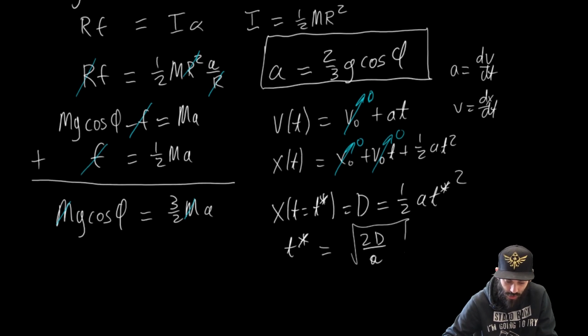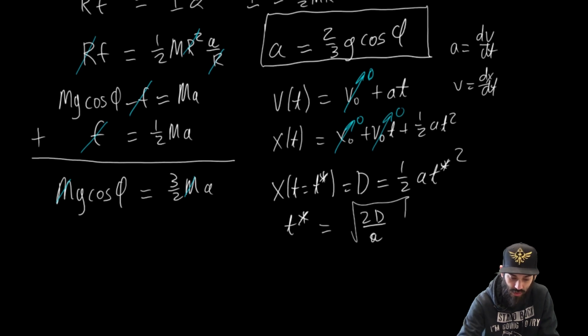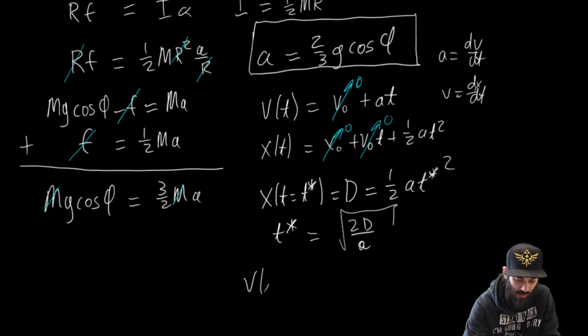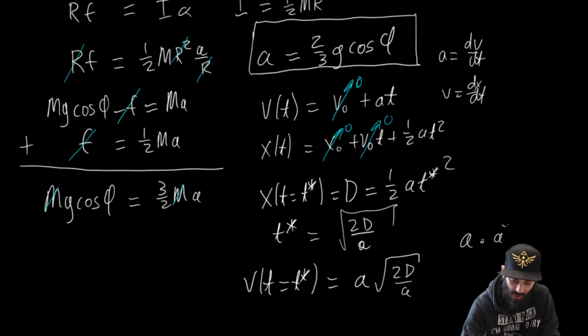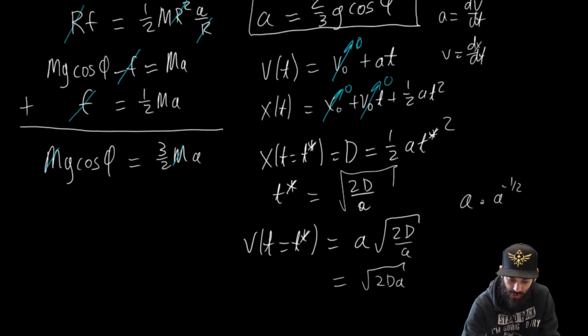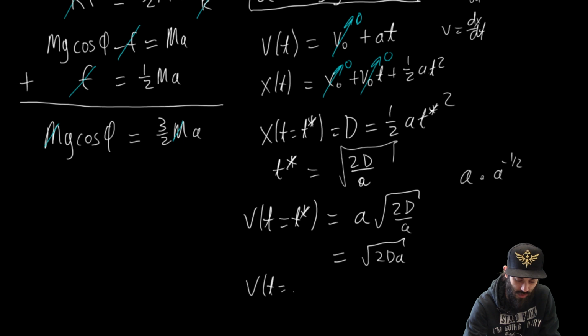Okay. So now that we have this, what we want to do is take this and evaluate the velocity at that time. So we say we want v of t equal to t star, and this is going to be equal to a times t star, which we just found is the square root of 2d over a. So with our a's here, we really have a times a to the minus 1/2, and so this becomes a to the 1/2, so this is going to be the square root of 2dA, and then we can plug in our a into this, and so we see that v of t equal to t star